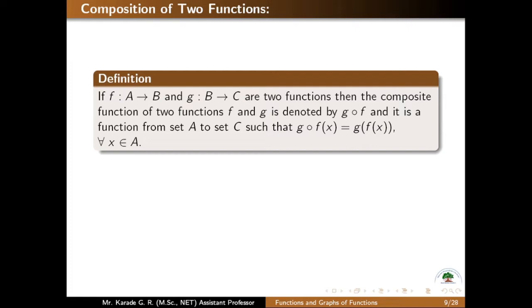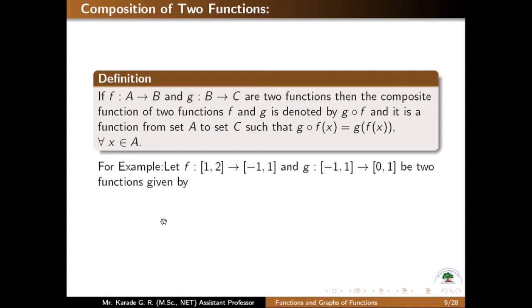Now see the composition of two functions. If f: A → B and g: B → C are two functions, then the composition or the composite function of the two functions f and g is denoted by g∘f, and it is a function from set A to set C such that (g∘f)(x) is equal to g(f(x)) for all x belonging to A. For example,